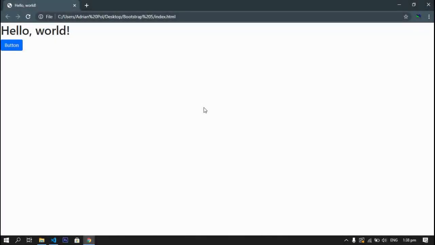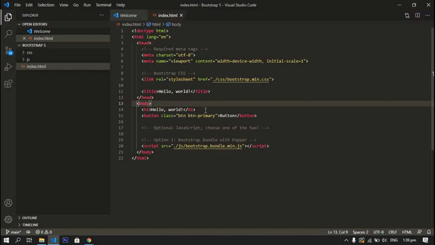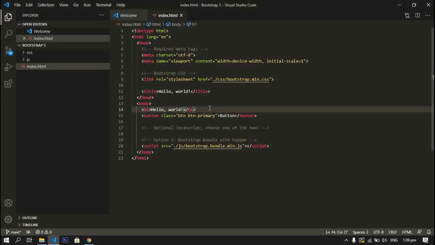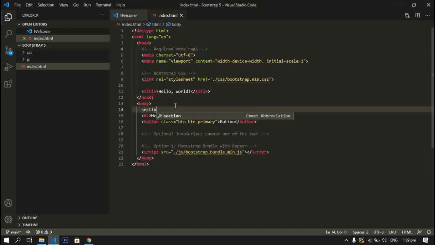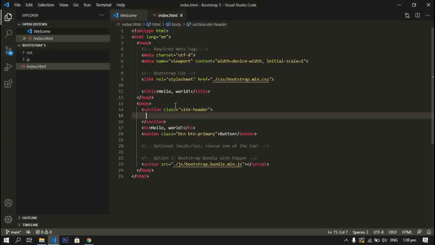So welcome back guys. In this video I'm going to teach you how to create a navigation bar using Bootstrap 5. So let's get back on our text editor. Before creating a navigation bar, first I want to create a section called site header, and let's put our navigation